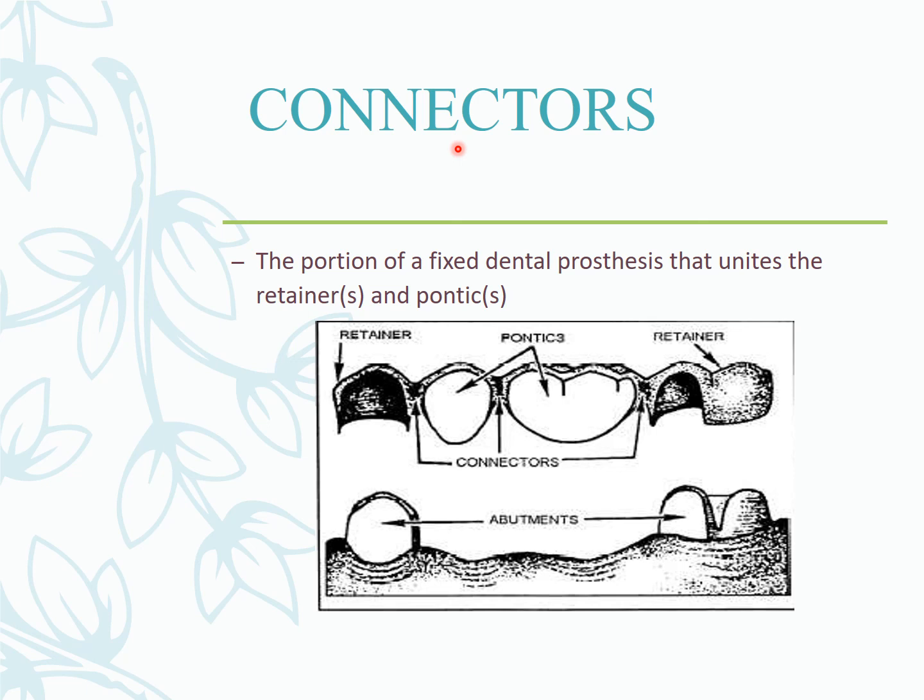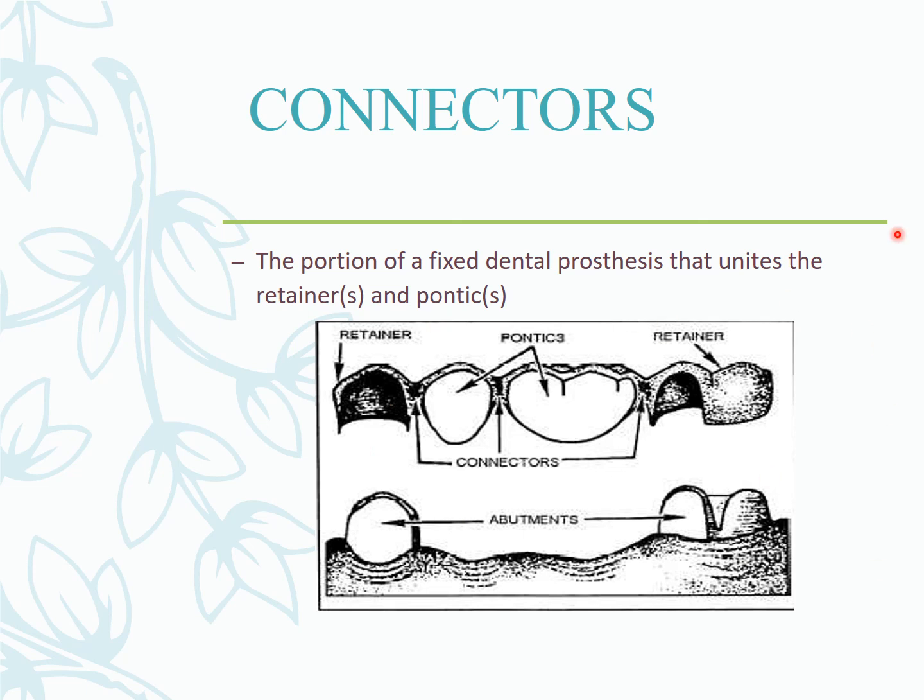So lastly, coming to the connector, all right? The portion of the fixed dental prosthesis that unites the retainer and the pontic, okay, is known as the connector. So this is the connector which comes in between the retainer and the pontic. So this is the connector, okay? And this whole unit will go sit on top of the abutment teeth and create a 3 or 4 unit